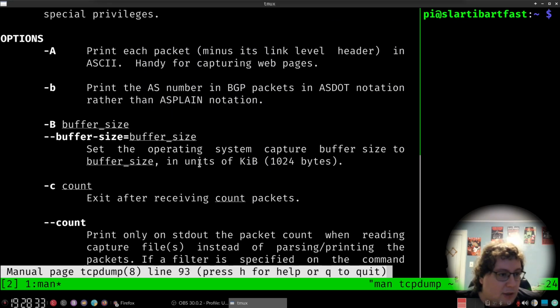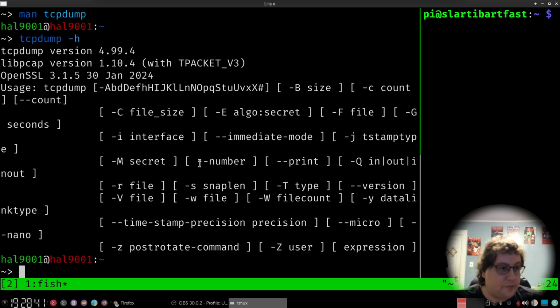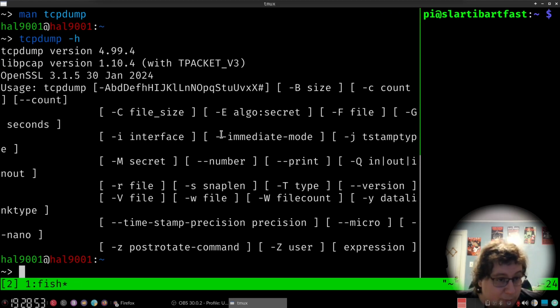Let's get the short list of options. So tcpdump -h. Okay, so you can see I'm running tcpdump version 4.99.4. That works with this little lib called libpcap. That really does most of the heavy lifting, I believe, in that program. All right, and